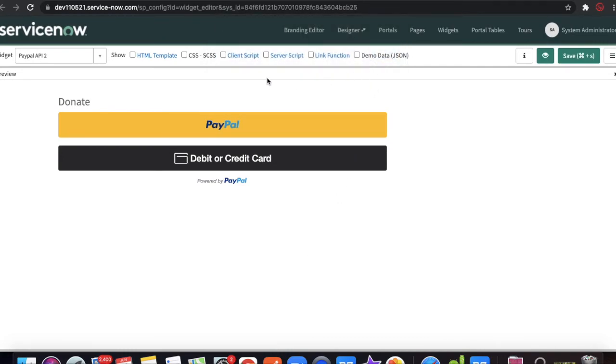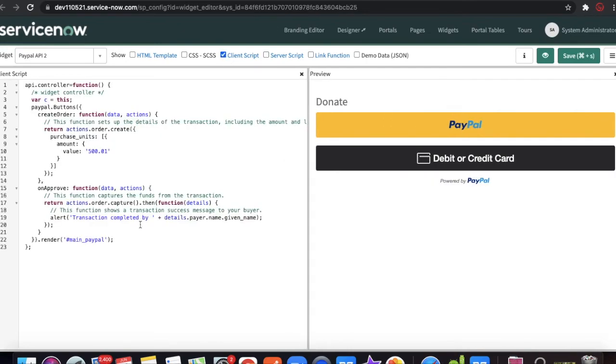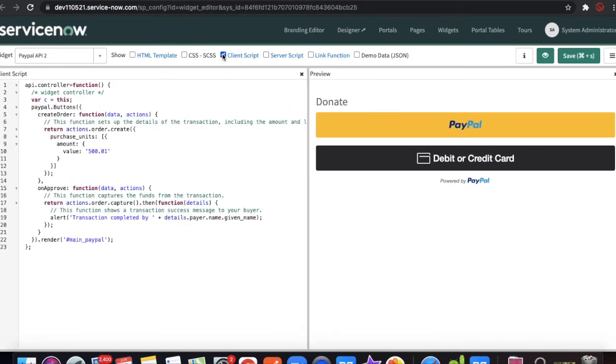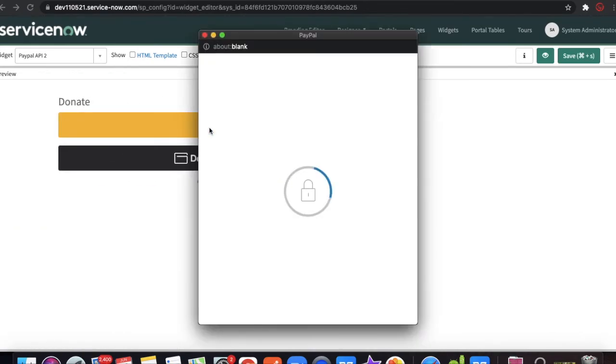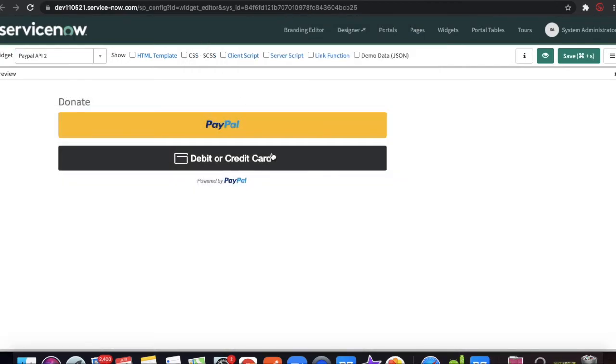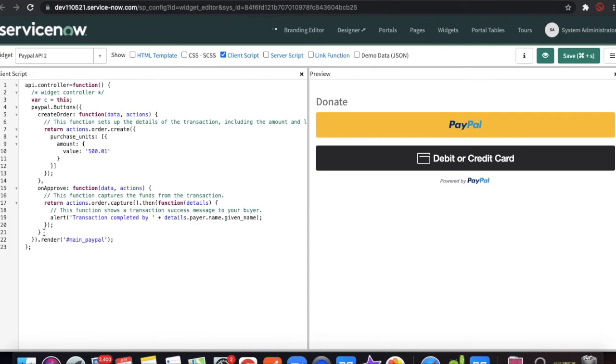Okay, but you need to add one more function here. If you see, we don't include the cancel function, right? So if you click the pay and close this button, nothing is happening. There is no message, nothing is coming right now, right? For that, go to the client script, and here you need to create one more function called on cancel.